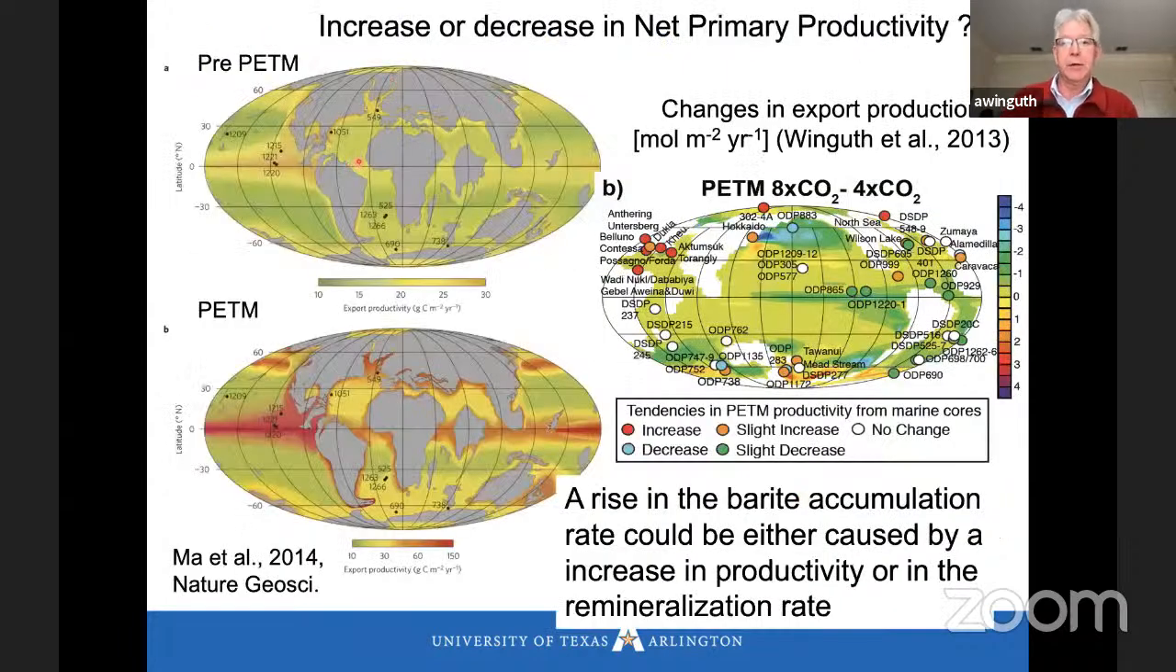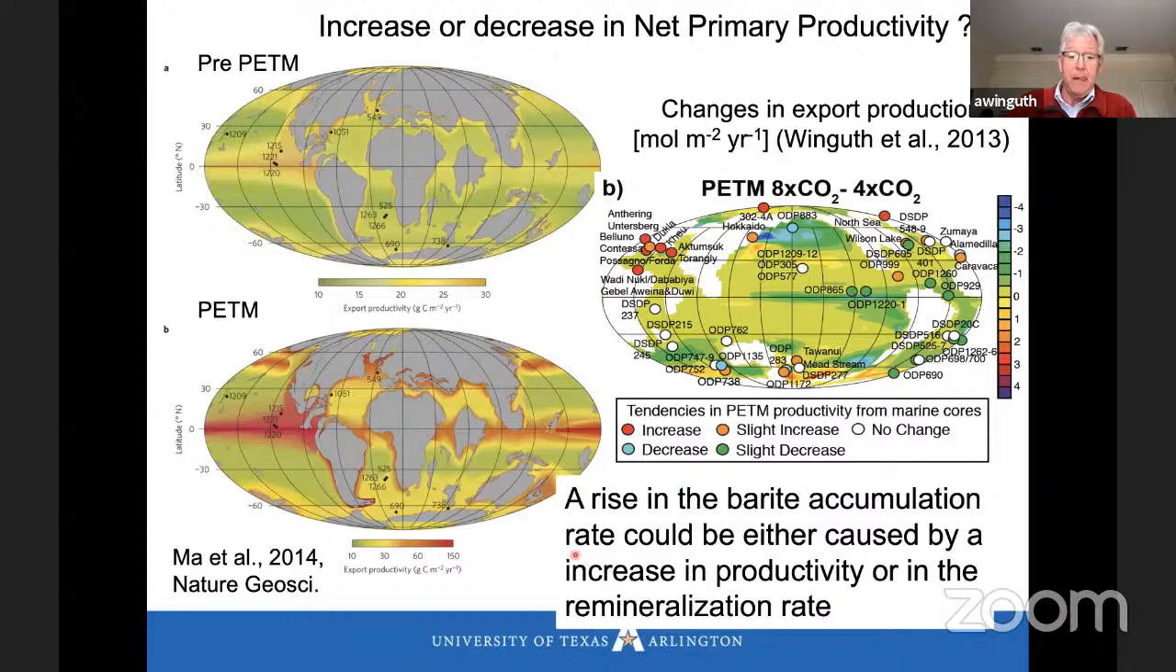Here are shown the reconstructions on the left from the Marr paper based on the barite accumulation rates, and you see the pre-PETM condition shows a significant increase in productivity, particularly along the equatorial records, but also in the South Atlantic Ocean. In contrast, the modeling work we carried out together with Alan Thomas and my wife suggested that the productivity actually was significantly reduced. So it's in contrast to the data. So the question is, what causes this